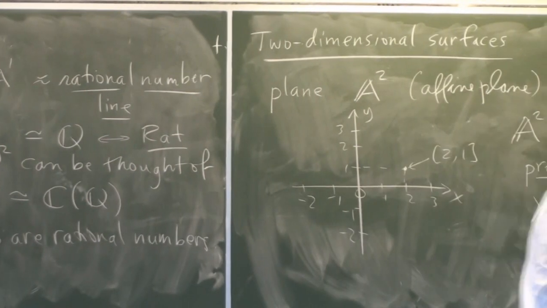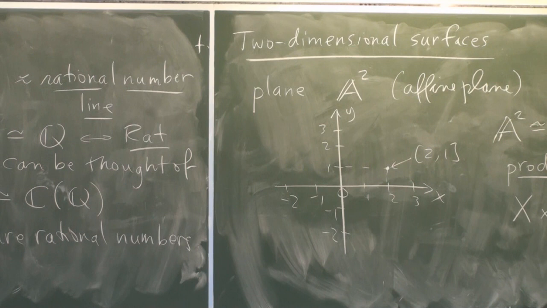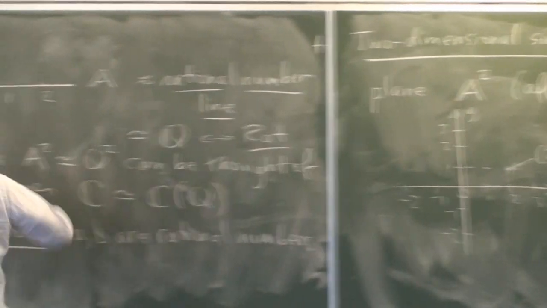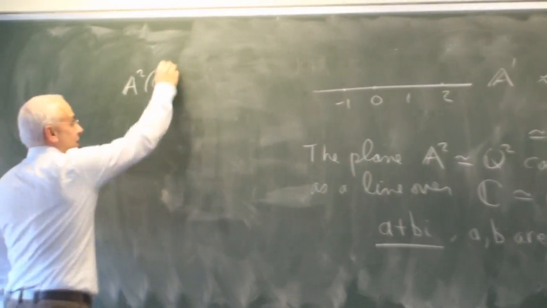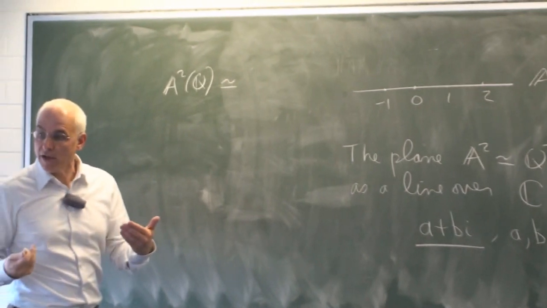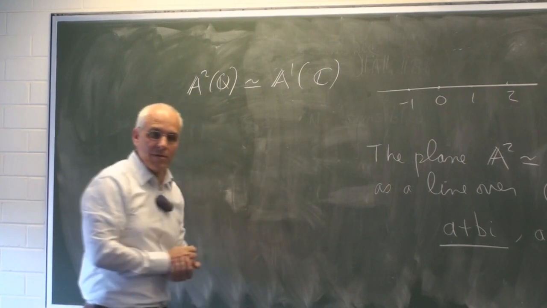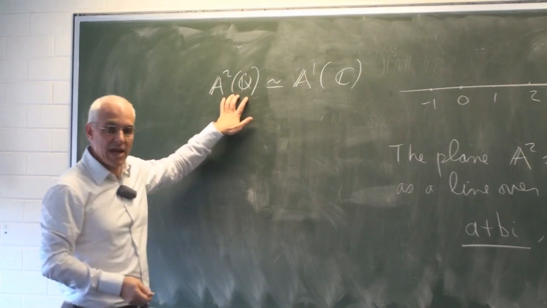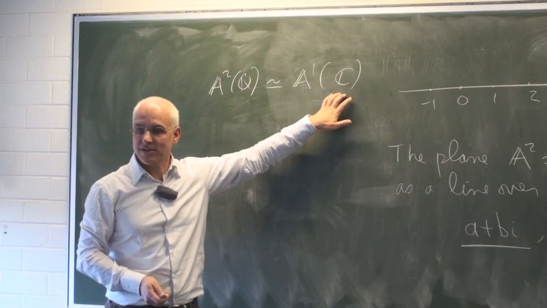All right, so now, however, this complex number field is in some sense twice as big as the rationals. It's already planar in itself. And so we can think about what we've been calling A2 over the rationals as being pretty well the same thing topologically as A1 over the complex numbers. Or to put it another way, a two-dimensional space over the rationals is the same as a one-dimensional space over these complex rational numbers.